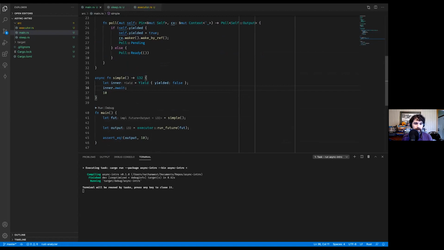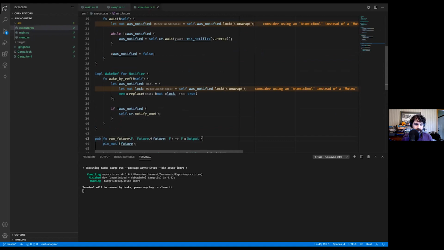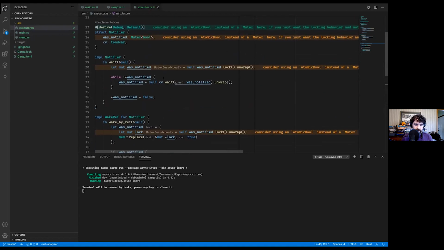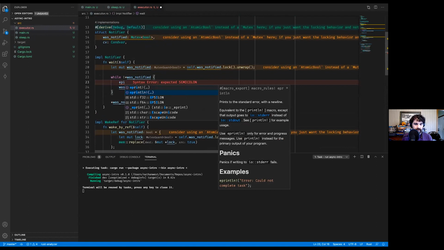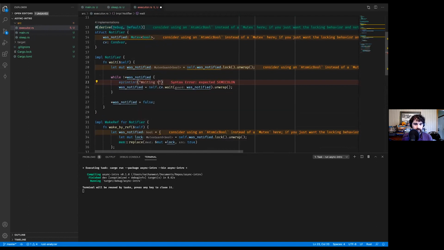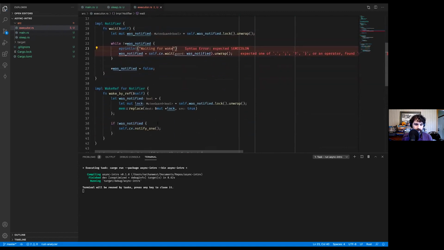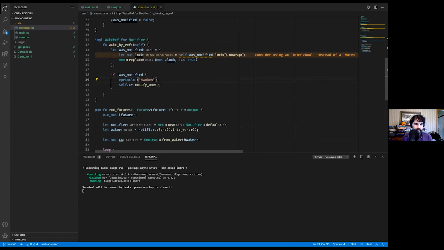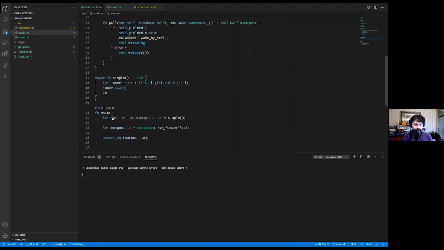Great. And as one final little thing, we can actually throw some prints in here just to show off that this is working. So we'll say impl waiting for notify or waiting for wake. And then down here, we can put a semicolon. And then down here, we can put one of these. We can say awoken. And so we will see when we run this that it gets awoken right away and continues, right? It never had the opportunity to wait because we immediately woke it up. So it just gets awoken once and finishes.